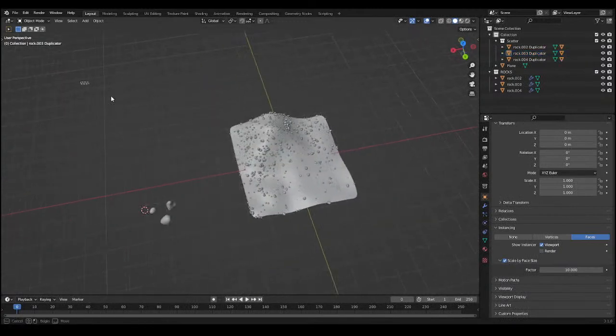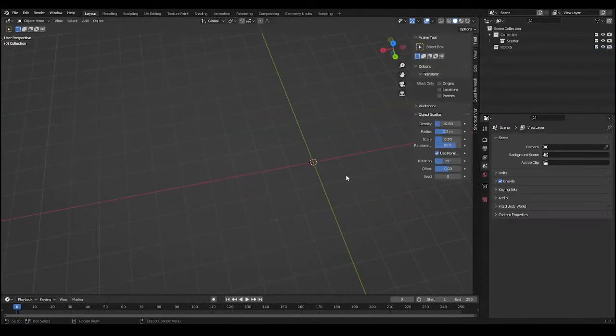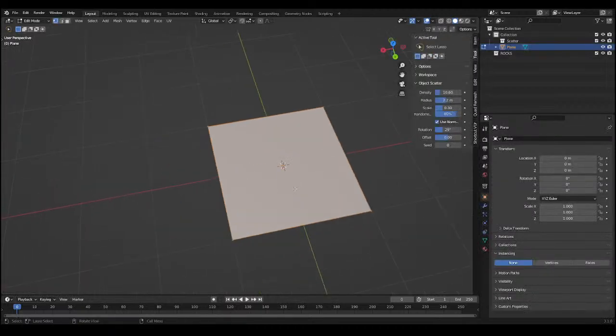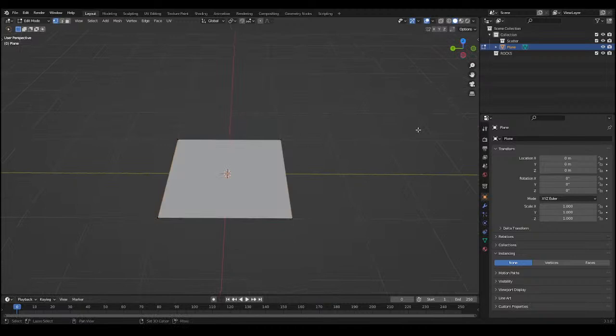So that's a nice little add-on. Let me show you one thing that I forgot to mention in the beginning of the stream. That's actually quite neat. A lot of people coming from other software are not used to the 3D cursor,